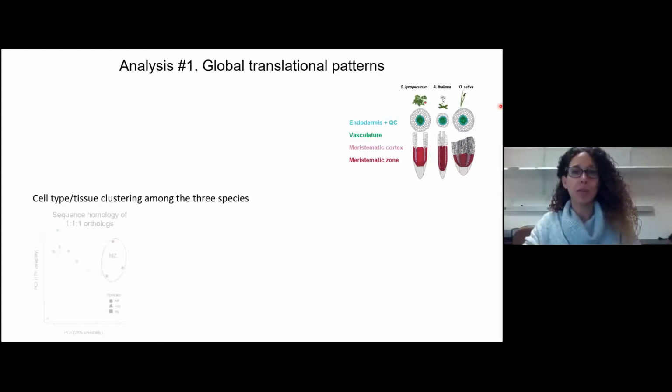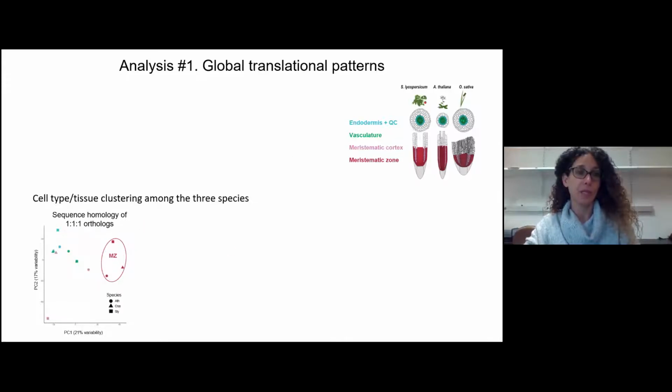In the first orthology map, we included only 1-to-1-to-1 orthologs based on sequence homology. And in this PCA plot, each dot represents the mean of each cell population that is colored based on its cell identity. And the different species are indicated by different shapes. And based on this orthology map, we found that the samples of the meristematic zone are separated from the other